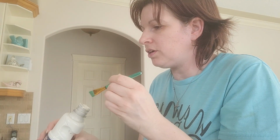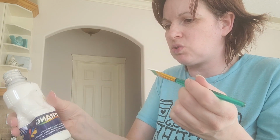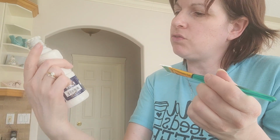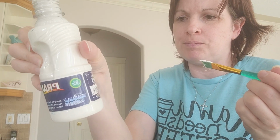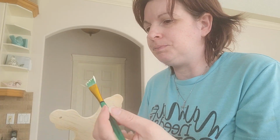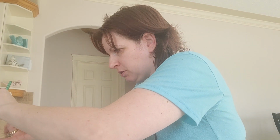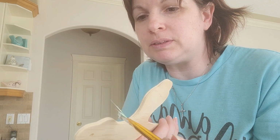I don't know how long it's been since I've used this paint. This is just from the dollar store. I don't know if this is from Dollarama or Dollar Tree. I think it was Dollar Tree. A little too much paint there. So I'm just gonna paint from